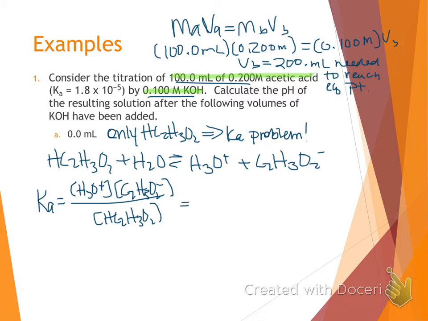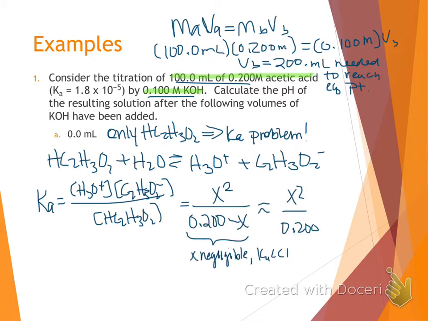When we do that in our RICE table, it's going to be X squared over the initial concentration of our acid minus X. We can still assume that our minus X is negligible because that Ka value is so small, nothing new there. So now we'll set our X squared over initial acid concentration equal to our Ka value, because again, we're doing a Ka problem here. From here, we can solve for our X, a little cross multiplication and a square root there. So our X is equal to our H3O plus concentration, which is